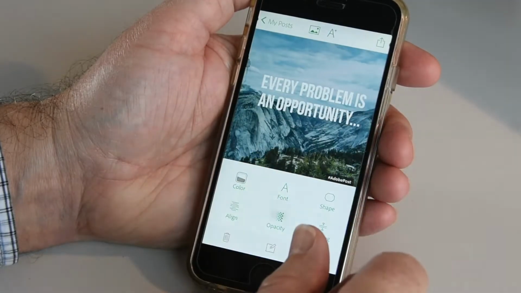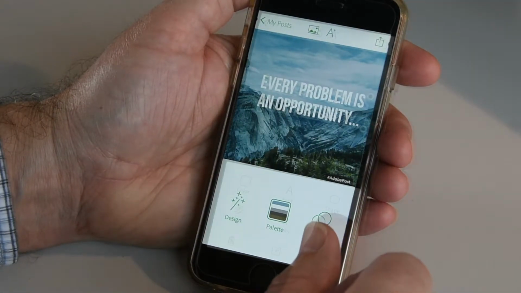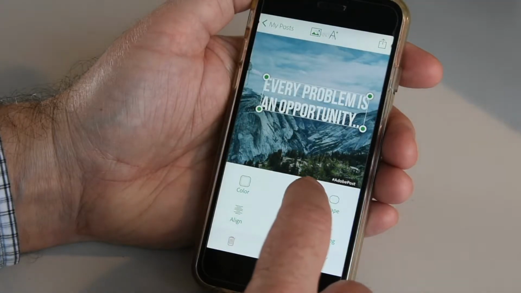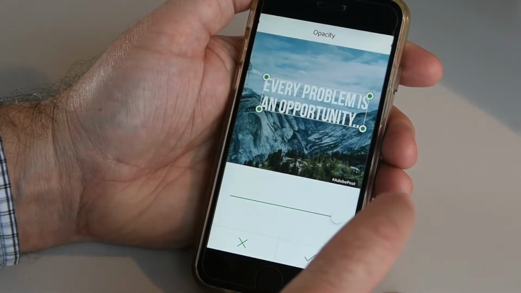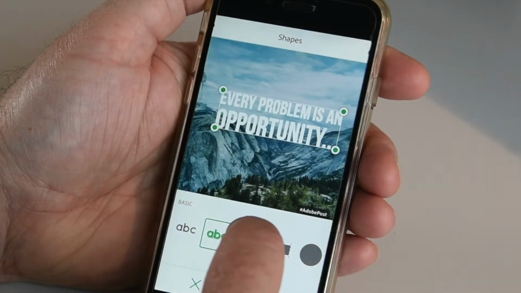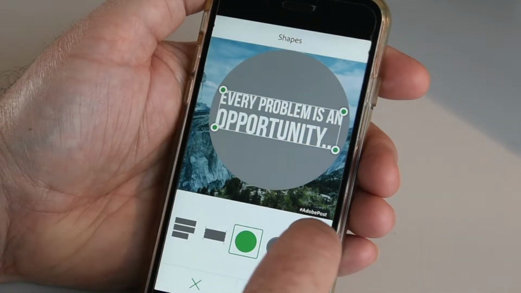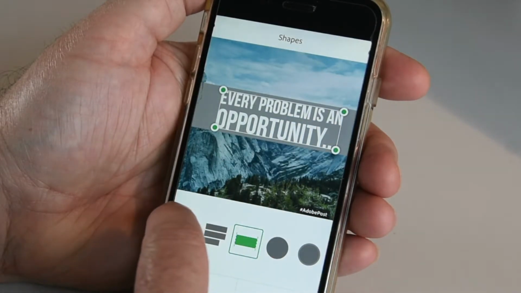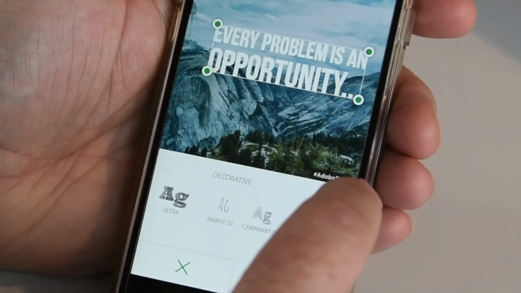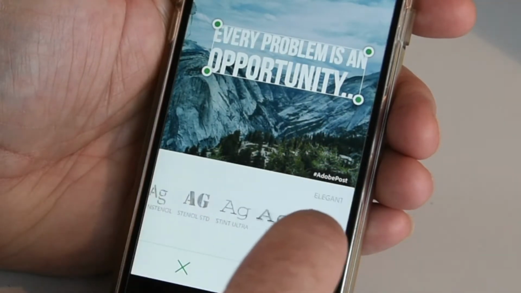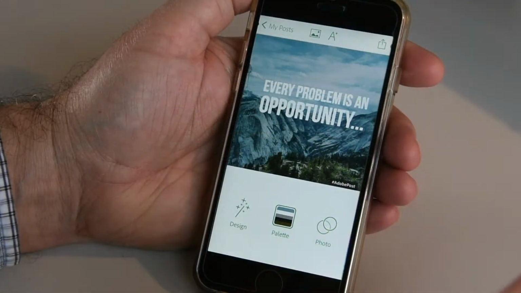Delete text. See ya. Okay. Spacing, shape, opacity. You can actually change the font you use, so that's very handy. Done, right? So now what do we do?